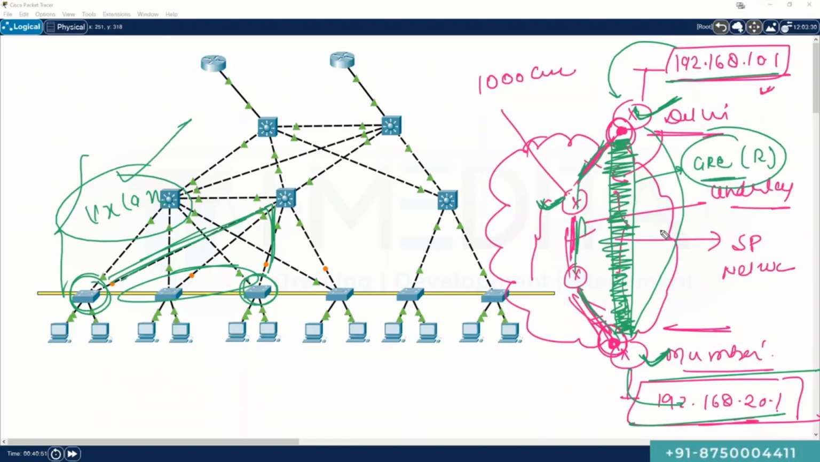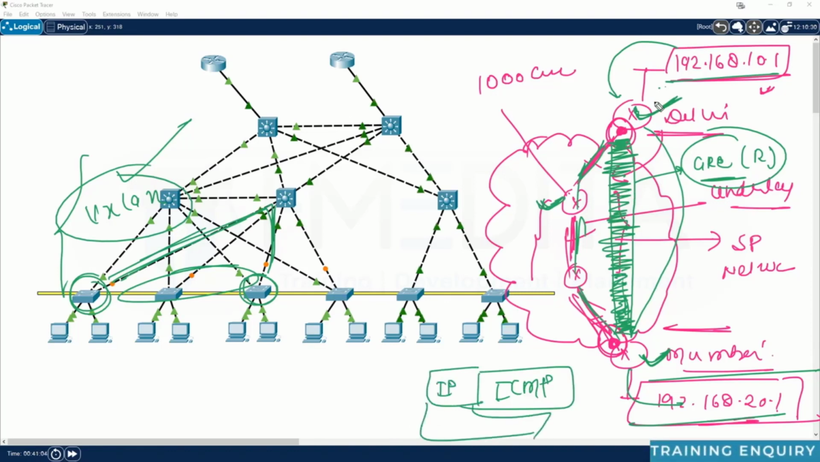What is going to happen when this device sends the traffic? Let's say this device creates an ICMP packet. In that ICMP packet, it is going to add some sort of IP header. That IP header will have the source IP as 192.168.10.1 and the destination IP as 192.168.20.1. Then over that IP packet, since the packet has to go via GRE, GRE is going to add its own header,